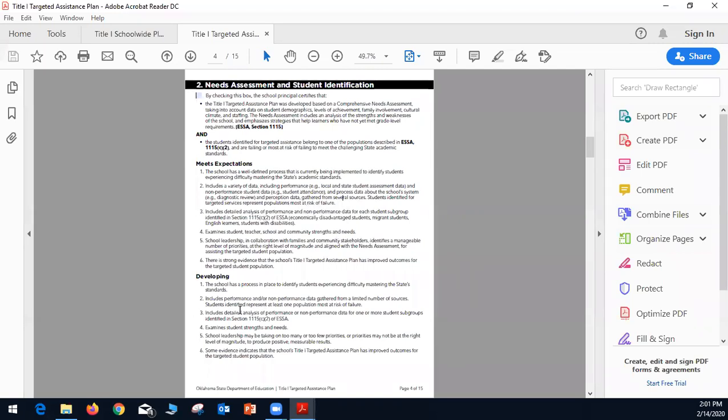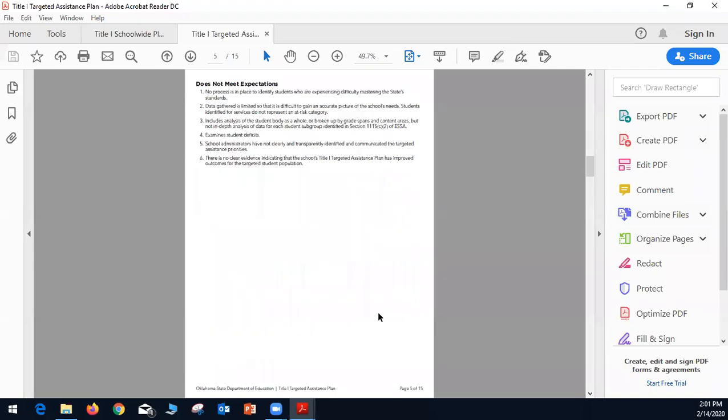A plan under development will include performance or non-performance data gathered from a limited number of sources, and students identified represent at least one population most at risk of failure. A plan that doesn't meet expectations will indicate that data gathered is limited so that it is difficult to gain an accurate picture of the school's needs. Students identified for services do not represent an at-risk category.